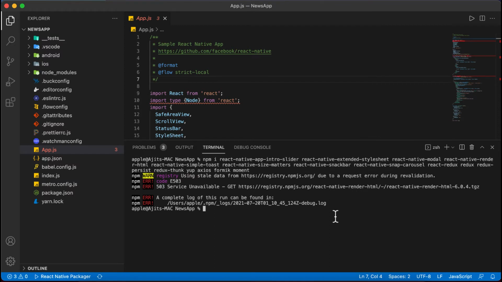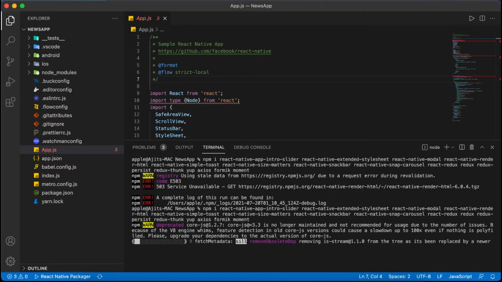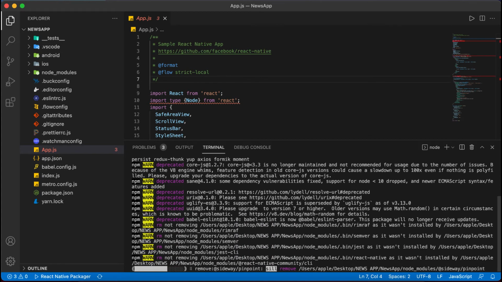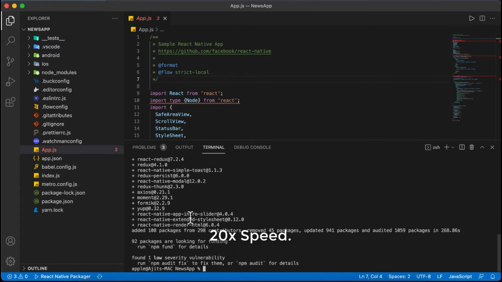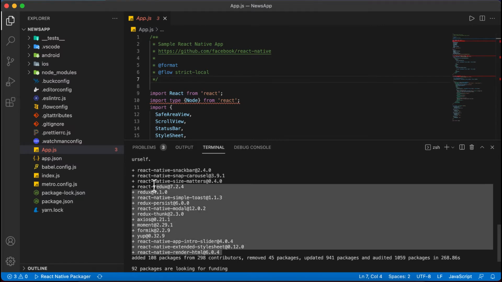Some issues are happening, let me install again. You can see here all the packages are installed, everything is installed here.